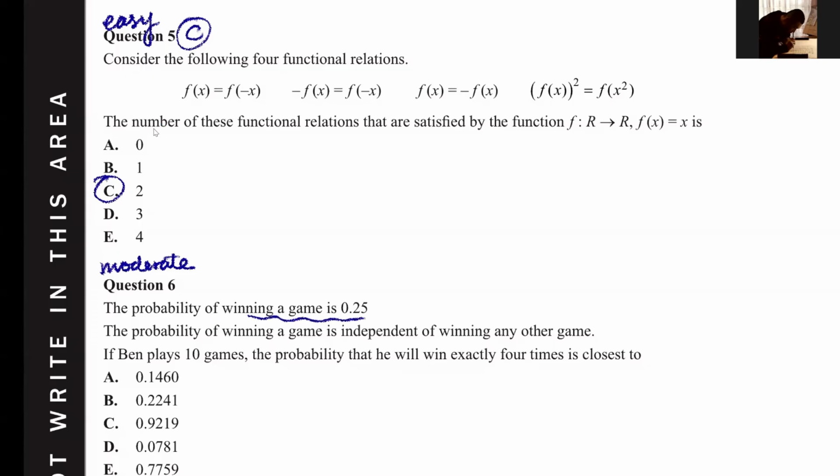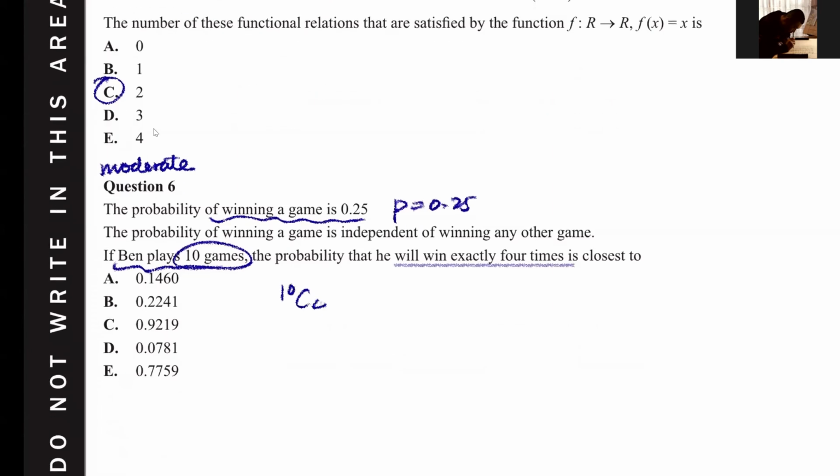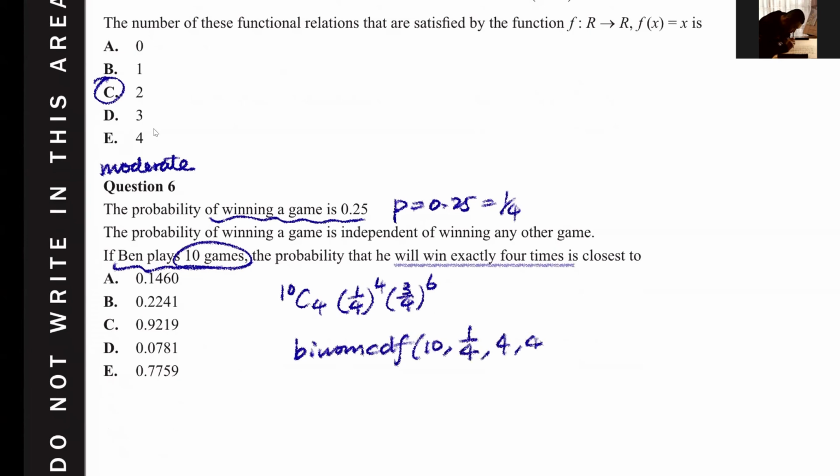The probability of winning a game is 0.25, so p equals 0.25. If Ben plays 10 games, the probability that he will win exactly 4 times. Okay, so that is 10 choose 4, a quarter to the power 4, 3/4 to the power 6. Or you can use binomCDF. The reason why I'm using CDF is because it's just easier for me. We can use the same lower and upper bound, 4 and 4. So it's the same thing calculated by binomPDF. I suppose if I press the buttons correctly,